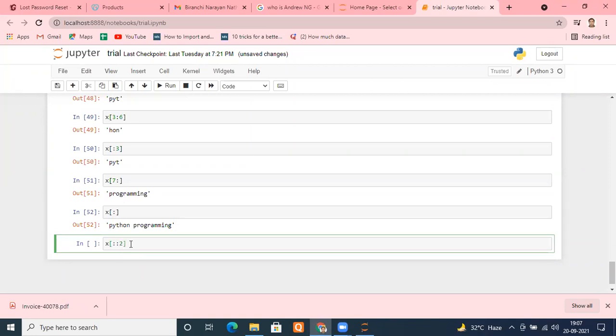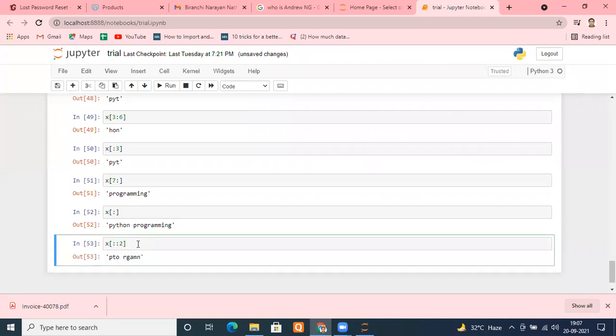So I'm putting 2 here, because I want a step size of 2. By default, it will take a step size of 1, which means don't skip anything. But I'm putting 2, which means skip one thing and go to the next. Let's run it. Can you check, please? It is skipping one character after the other.